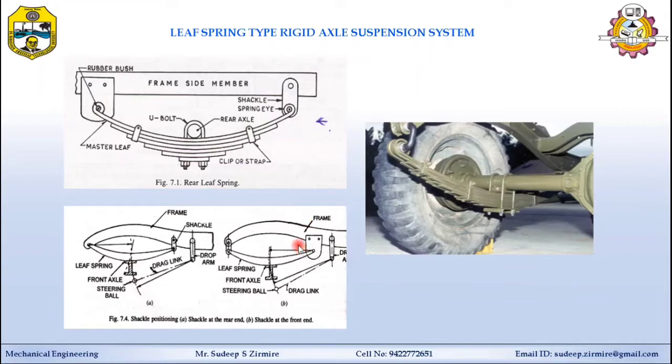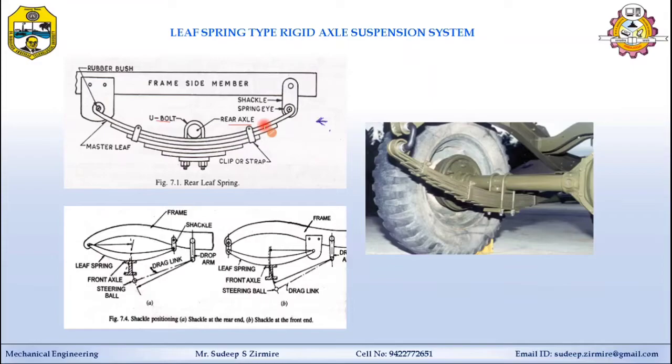Here you can see the semi-elliptical type leaf spring. This spring is generally used for the conventional suspension system or rigid axle suspension system. This spring has different parts. The center part is the U-bolt, an inverted U-bolt fixed to the rear axle. Then from the upper blades, this is a semi-elliptical spring and it is universally used for the heavy suspension system.